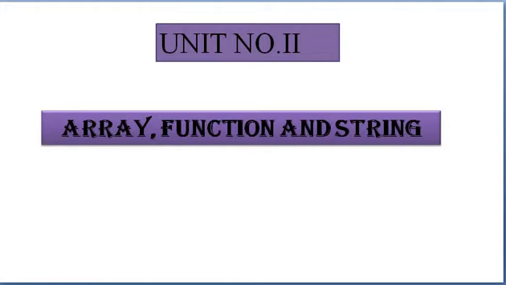In the previous lecture we discussed changing the case of a string. In that we learned two methods, that is the toUpperCase method and the toLowerCase method. The toUpperCase method returns the string with all of its characters converted to uppercase letters, and the toLowerCase method returns the string with all of its characters converted to lowercase letters.